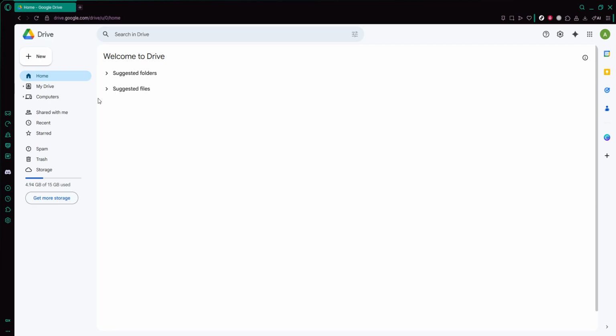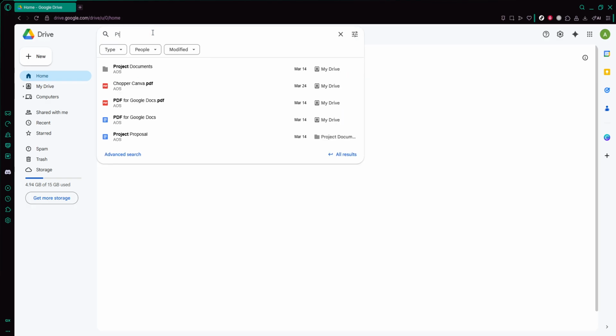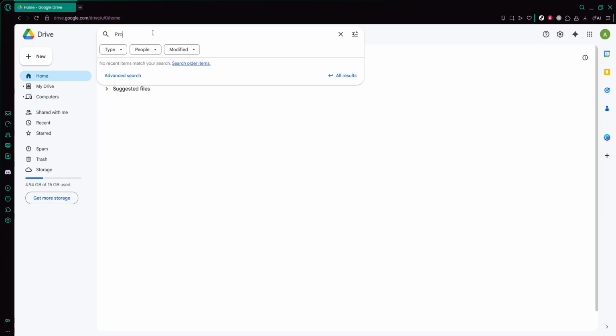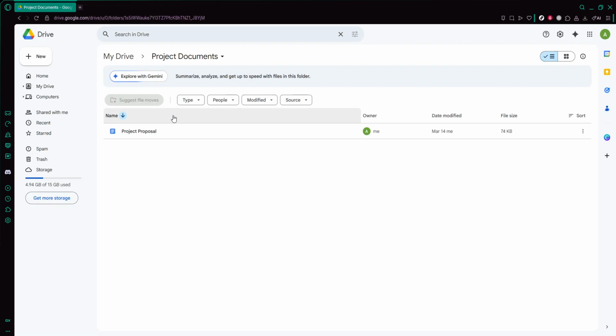Next, locate the folder you want to download. You can scroll through your drive to find it, or use the search bar at the top to type the folder's name. If you store a lot of content, searching can save you a lot of time. When you see the folder you need, take a moment to confirm it's the correct one by checking the folder name, and if needed, double-clicking it briefly to see what's inside. Once you're sure it contains the files you want, go back up one level so you're viewing the folder itself,